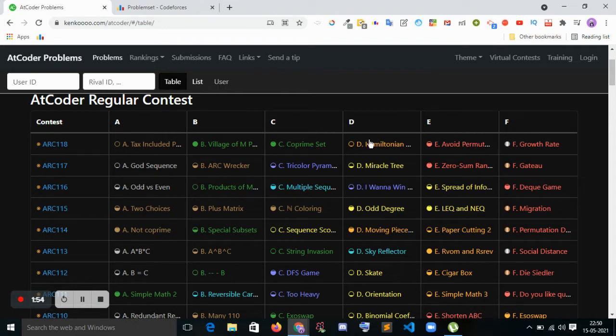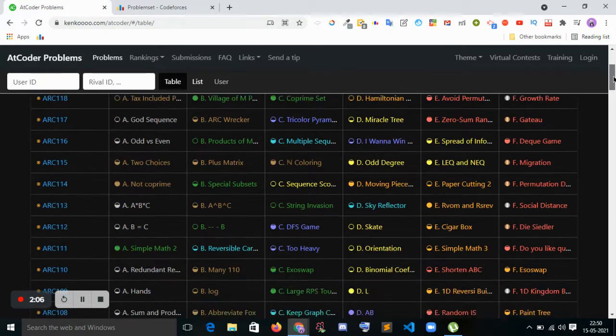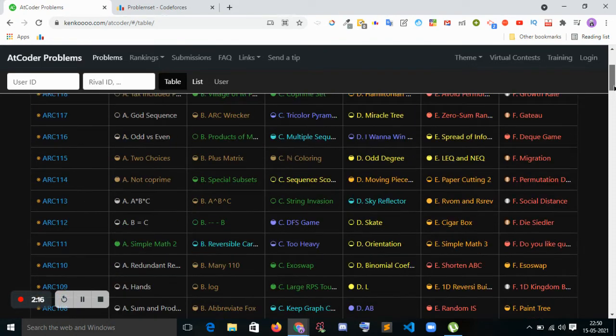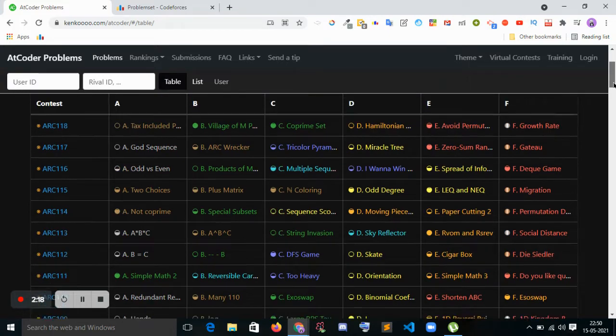So it becomes very tedious to check again ARC 118, ARC 117. It is very easy to check from a site like AtCoder: D is not done, C is not done. So we have to solve in sequence, the problems that I have not solved right now.